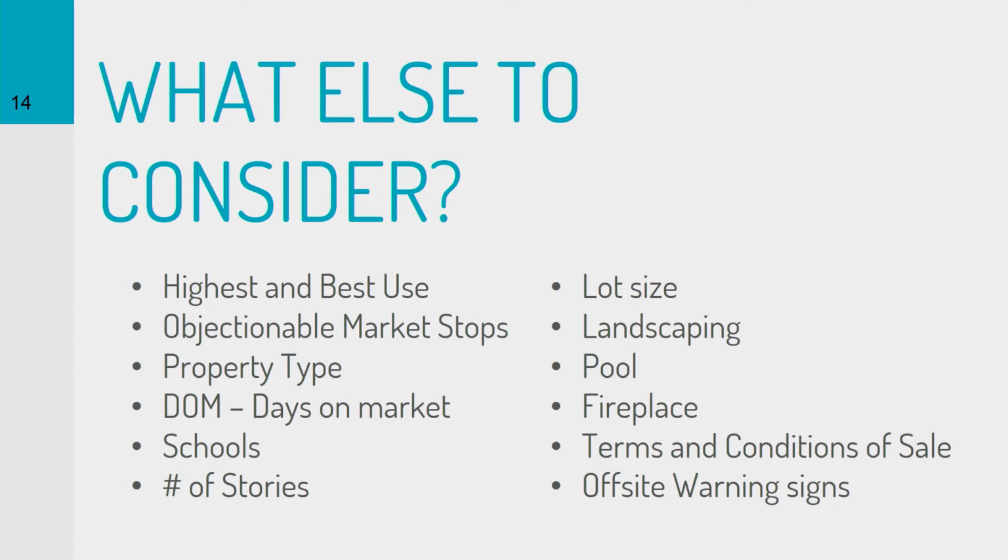And then off-site warning signs. This is a key thing that I need to hone in on for a moment, and that is: is there something specific to that property that is going to adversely affect the sale? Does it back up to a cell phone tower? Does it have high voltage power lines running right over the top of the house? Does it back up to an apartment complex, to a Home Depot, to a Lowe's? Is it on a busy street? On the flip side of that, is it on a really nice section of the golf course? Is it on the nice part of the lake? Does it back up to a green belt?